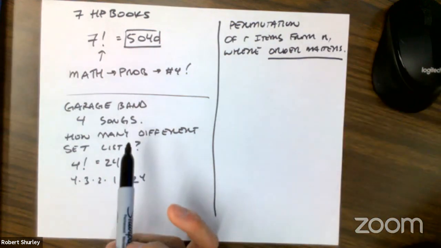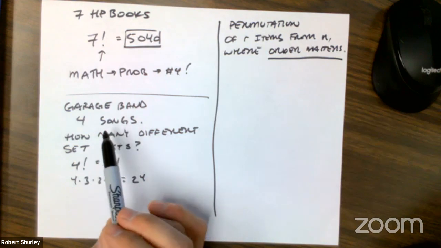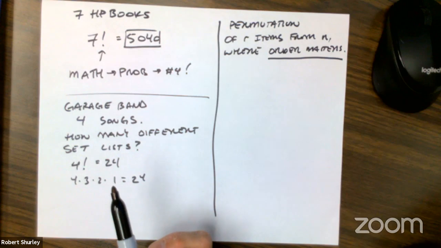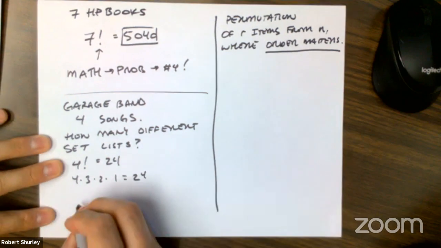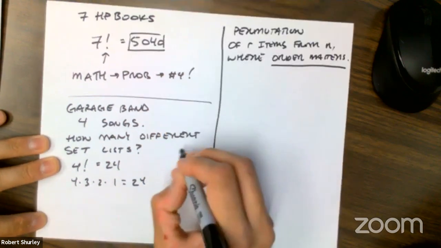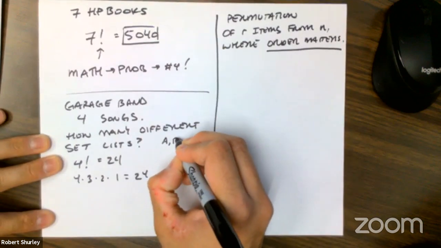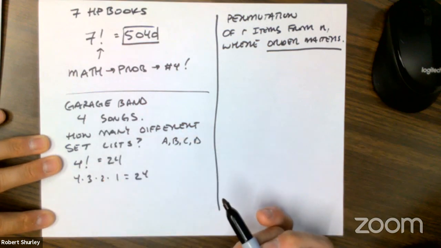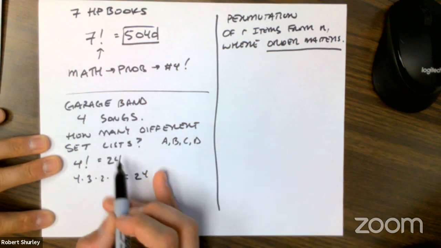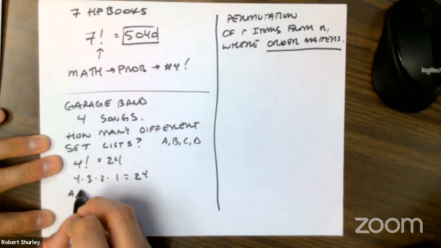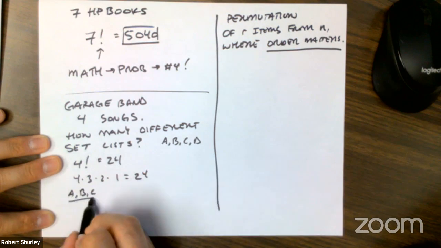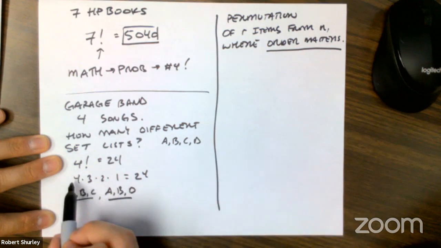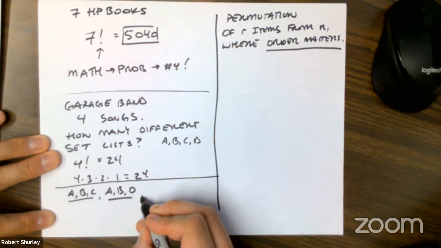So now instead, let's say 4 songs, but the coffee house says, hey, we only want you to play 3 songs, right? So let's think about this. Let's say we have songs A, B, C, and D, okay? But they only want us to choose 3 songs. So it's not going to be 24 now. I mean, we could do ABC, right? We could do ABD, right? Because they only want us to choose 3 songs now. We could do